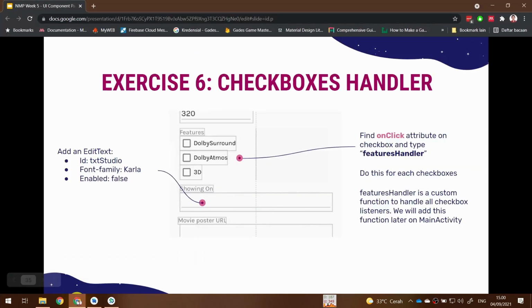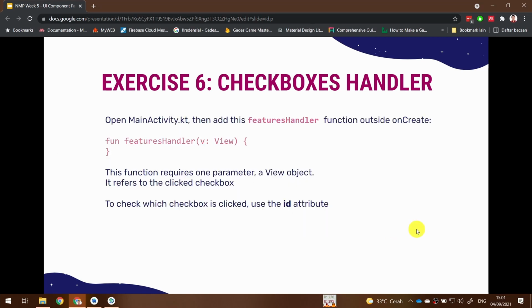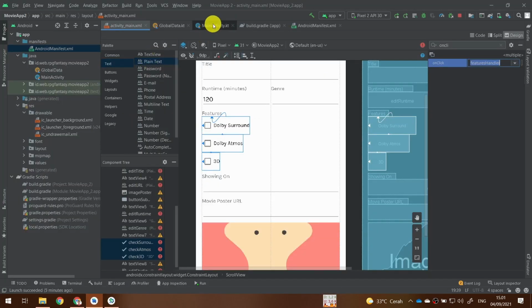Because we have not created a specific method for on-click. Features handler is a custom function to handle all checkbox listeners. We will add this function later. And actually we will add it now. Okay, open your main activity,